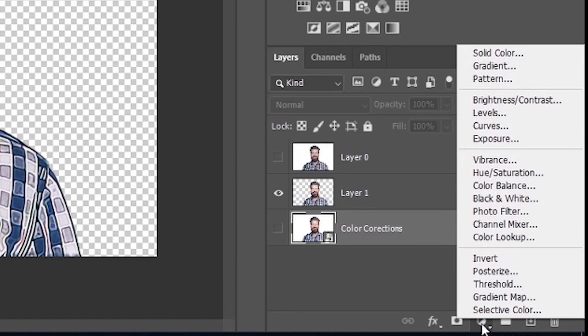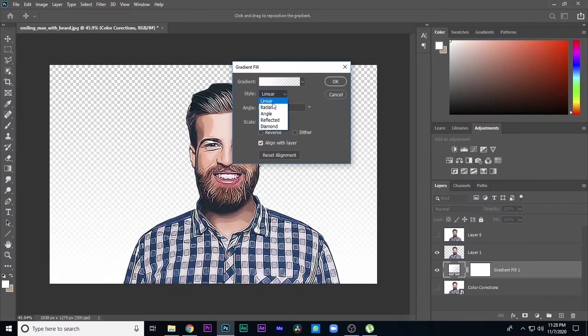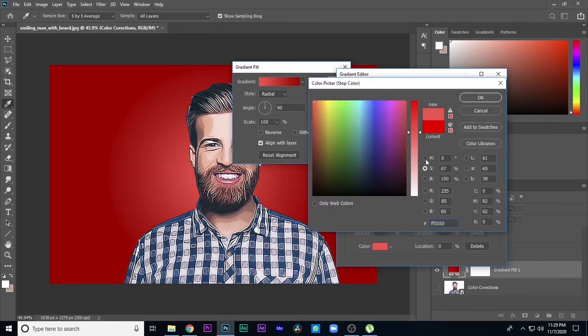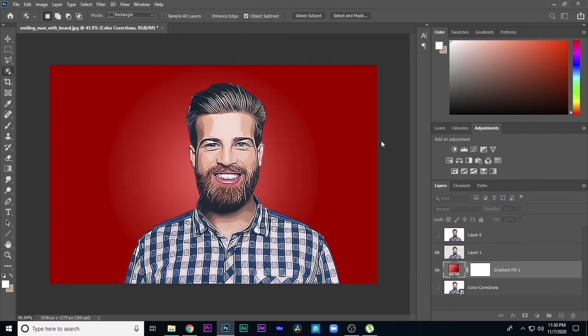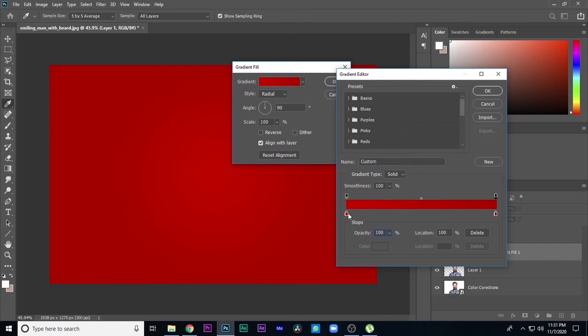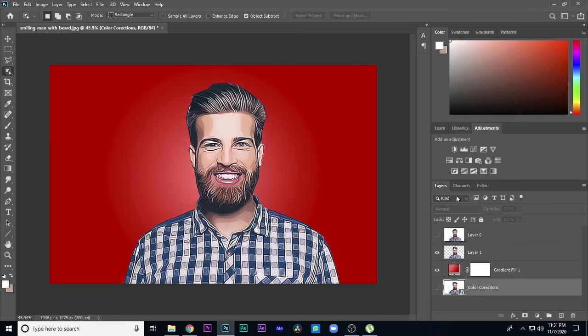To add a gradient, just hit on this one and go to Gradient. Now you can see this is the picture, and this is the vector art, and this is the before, and see this is the after.